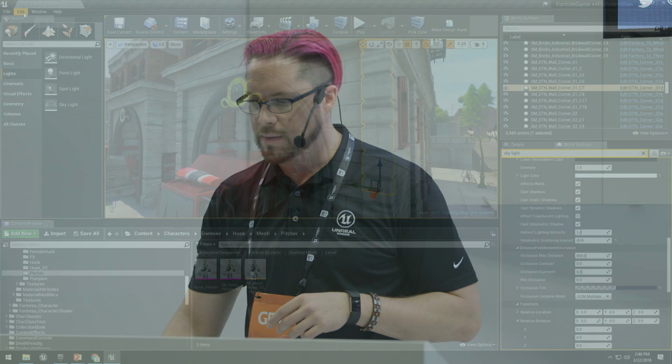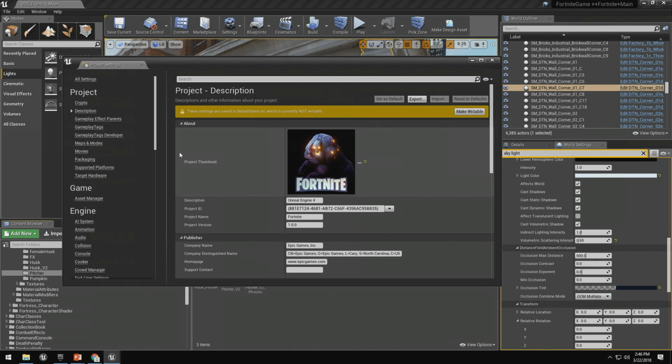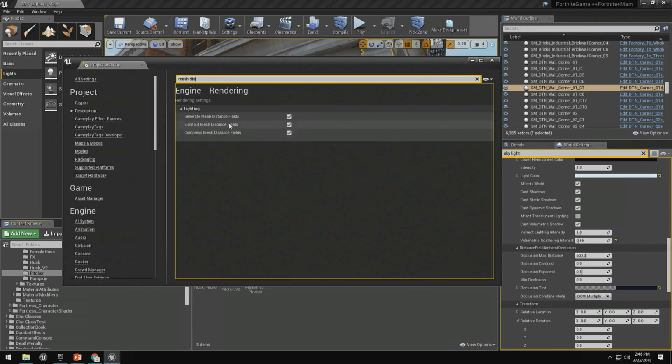All right, now a couple of other settings that we showed inadvertently, but I don't think we actually talked about. Let's go back over to our project settings, and let's search for mesh distance fields again. Now we have two checkboxes here for optimizations. We have 8-bit mesh distance fields. By default, these things are stored as 16-bit floating point texture values, so you can set this to 8-bit instead and use less memory, but it's a quality trade-off. They don't look as good at 8-bit as they do at 16, but we are using 8-bit in this case.